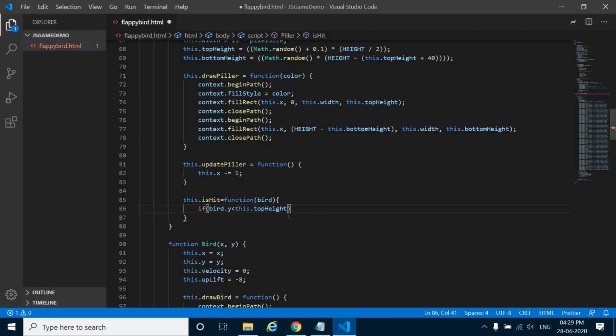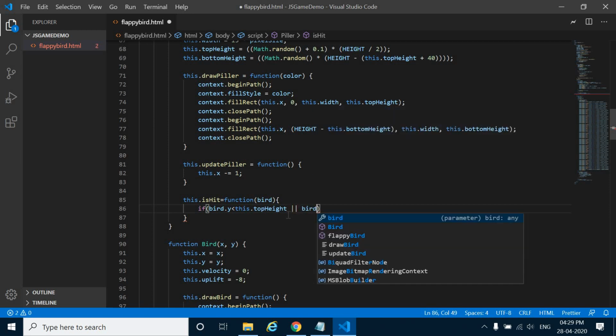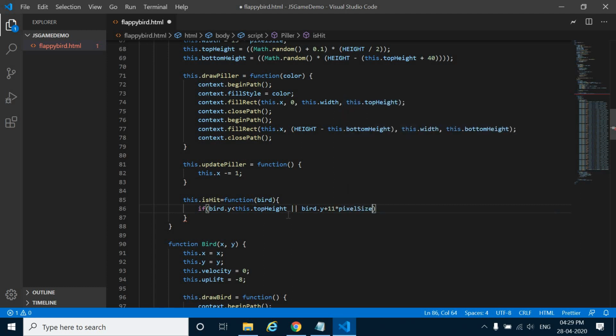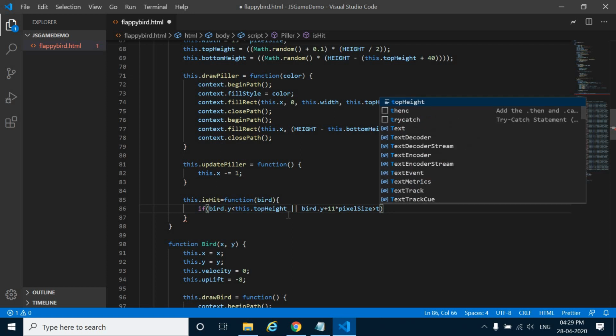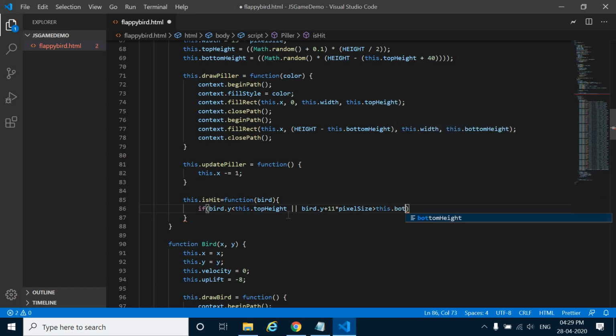Or bird.y plus the height of the bird, which we already know is 11 times the pixel size, is greater than this.bottomHeight. So when any of these